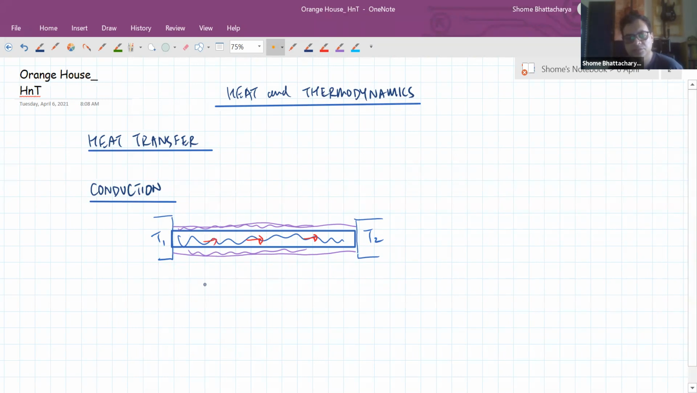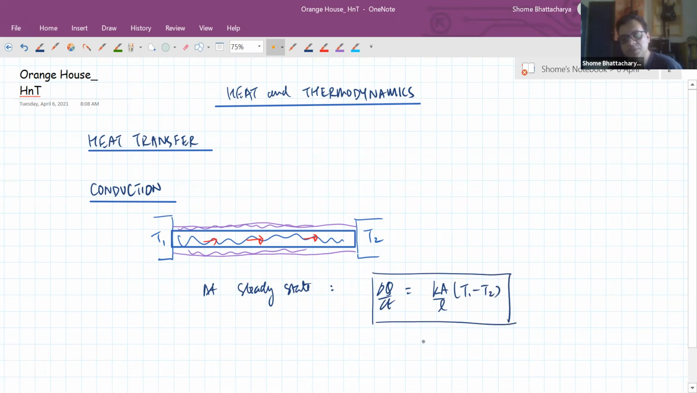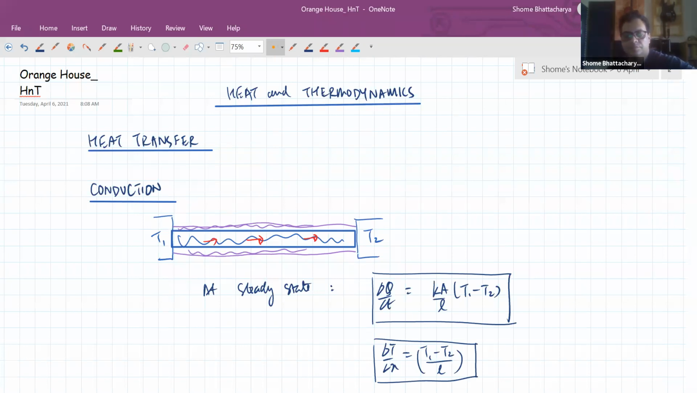Then we had seen that rate of conduction at steady state, the two important parameters were heat current or rate of conduction, which becomes this, and a uniform temperature gradient through the conductor, which becomes this much. The next thing based on this we had understood